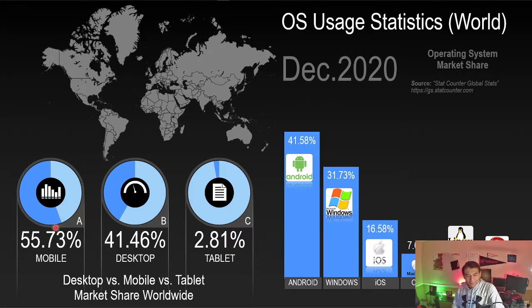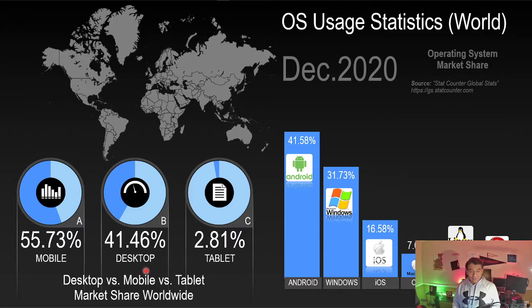So mobile devices are becoming pretty much the hardware of choice for internet connectivity by people. Again, this is not only in the US but around the world. With the latest numbers being at 55.73% of people accessing the internet via a mobile device. So for anybody trying to access information from the internet, 55% of those people are accessing the internet from a mobile device, Android or iOS.